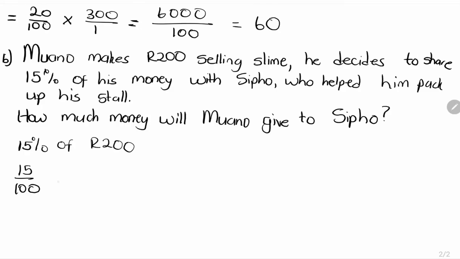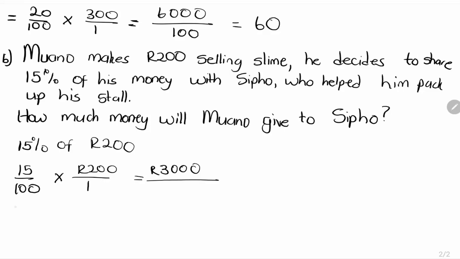15 over 100, the "of" can be considered to be a multiplication sign. 15% of 200 over 1. Once again, we don't want to change the value of 200 in this particular instance. Right, now that all of your information is lined up perfectly, what you're going to do in this particular case is say 15 multiplied by 200, and that will give you 3,000 rands